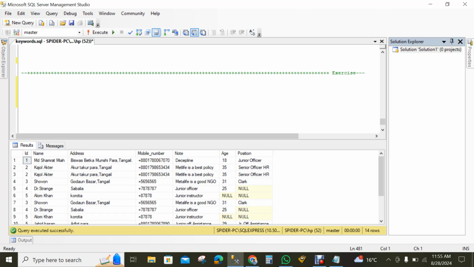Today I'm going to show you how we can use the ISNULL keyword in SQL Server, and also what the difference is between COALESCE and ISNULL. For this, I want to do something practical before I give you the full description. Actually, ISNULL and COALESCE are the same, but the difference between them is